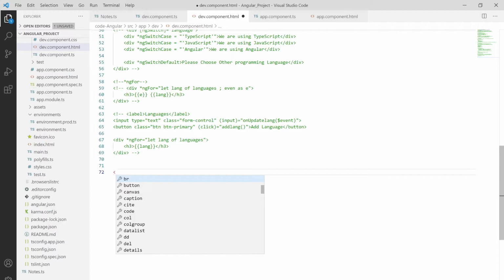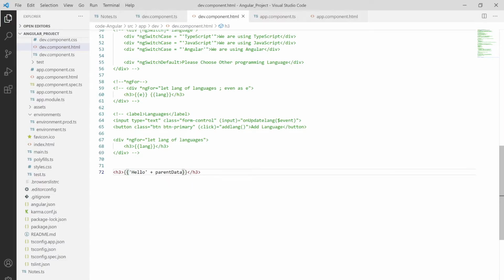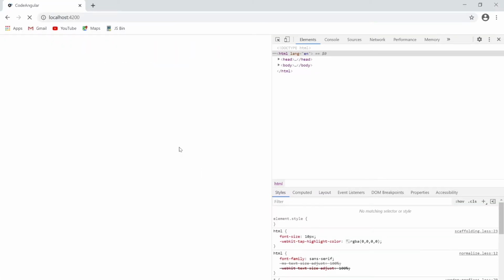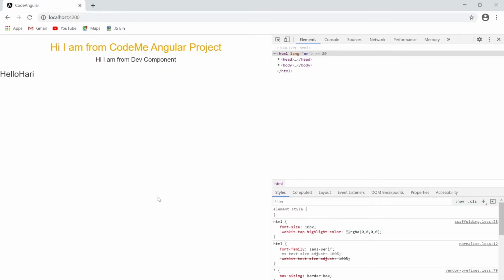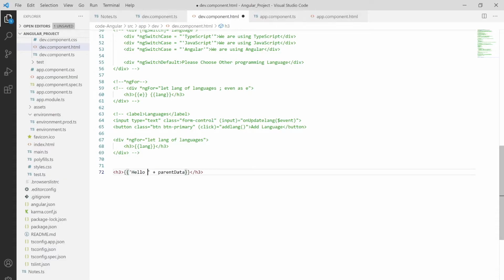I'm using an h3 tag with interpolation, putting parentData and saying hello over here, then adding this. Let me save this and move to the browser. You can see over here "Hello Hari" is there. If you want to make some spaces, you can put them over here.